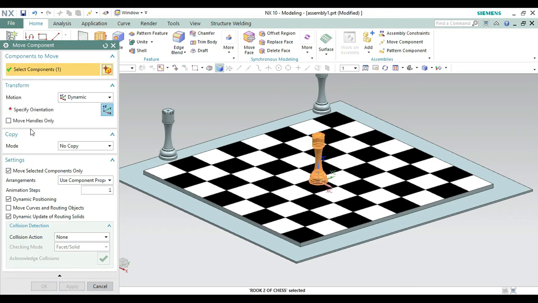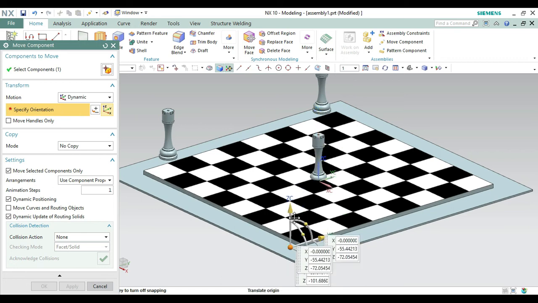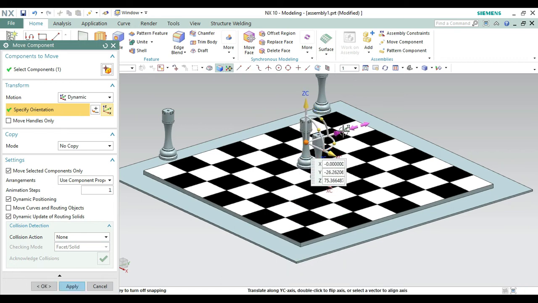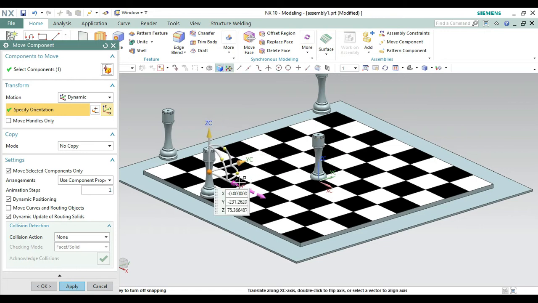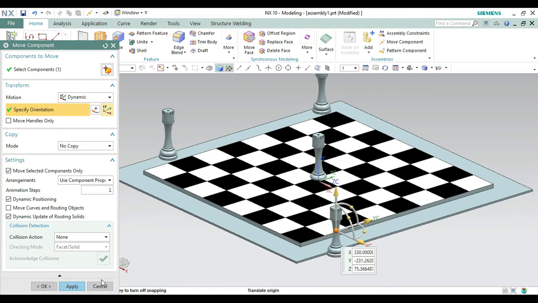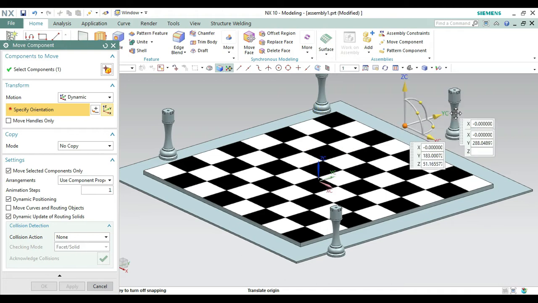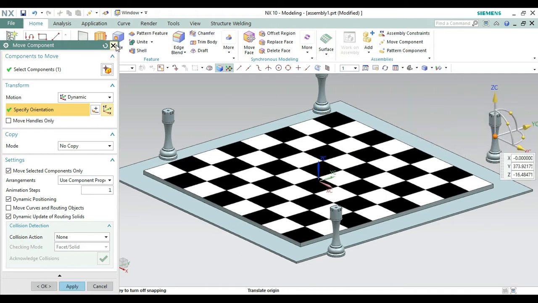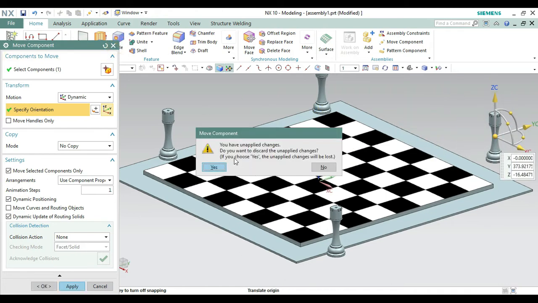Then similarly again from here, we have taken this 4, all the 4, one above the others, because we just take them to this side, so it will be easy to make the assembly constraints. Again selecting this one, specify the orientation, and let's simply drag it to this side. Now again you have one.